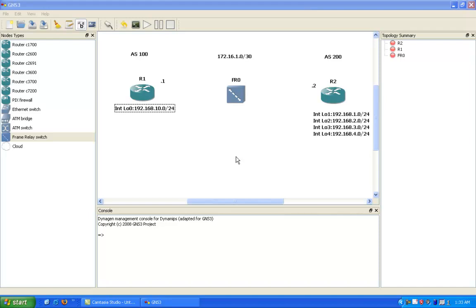Hello, my name is Steve Bowler, and in this video we're going to be taking a look at Border Gateway Protocol, otherwise known as BGP. In particular, within BGP we're going to take a look at BGP Route Aggregation. We're also going to take a look at BGP Route Dampening,